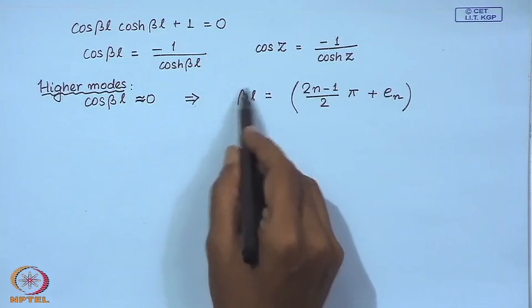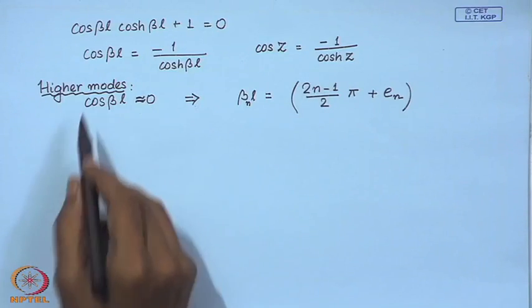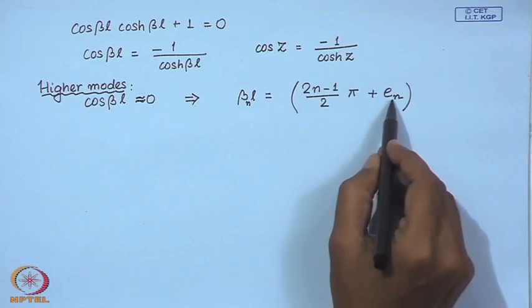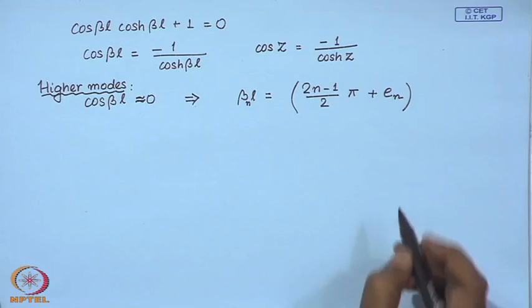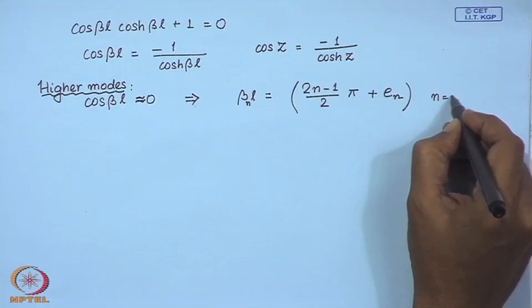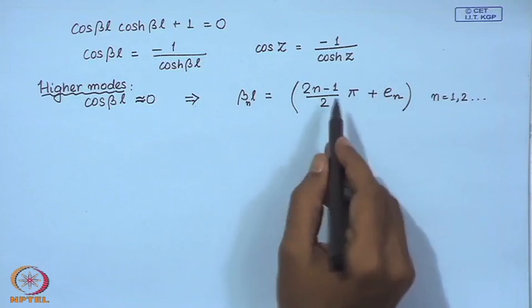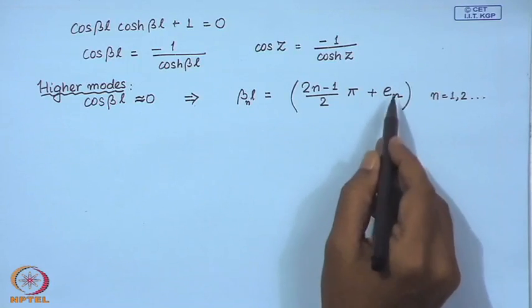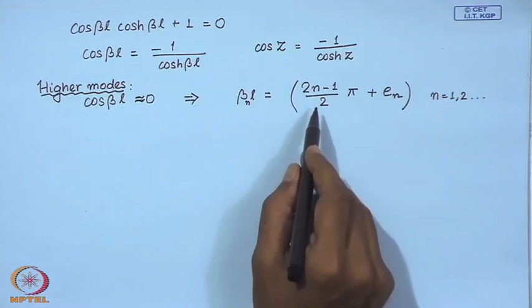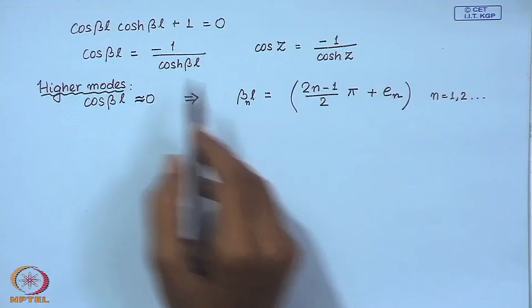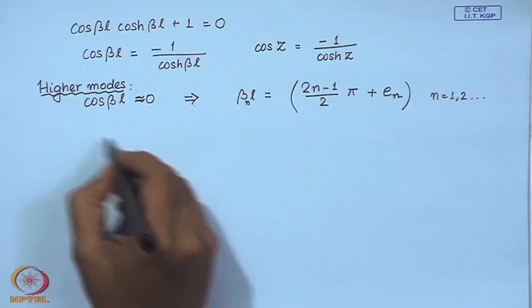This beta n into L will deviate from the zeros of cos beta L equal to 0 by these numbers E n. Now, when I have added this E n, this small error, then I can claim that this is a solution of this, and for E n,